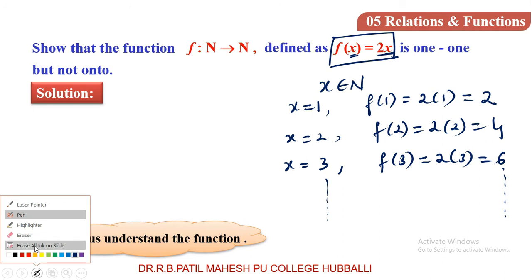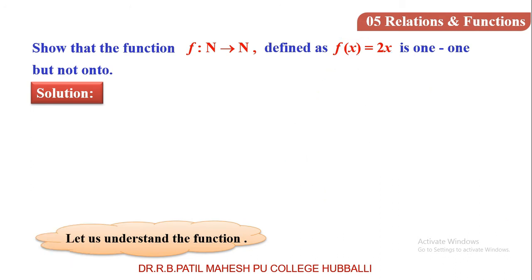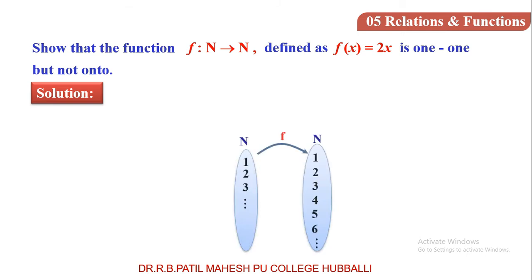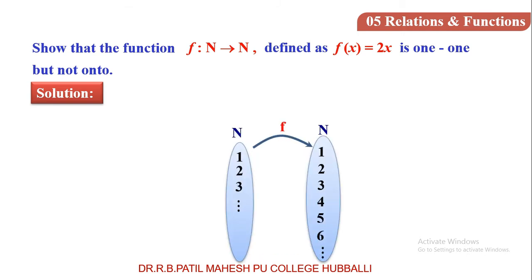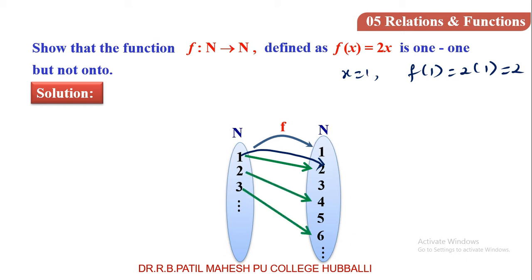Now taking this function, let us prove this is one-one but not onto. An arrow diagram is the best way to understand. Here 1 is related to 2 because just now I told you, when you take x equal to 1, the image of 1 you will get is 2 into 1, which is 2. That's why 1 is related to 2. And 2 is related to 4. 3 is related to 6. And it will continue. 4 is related to 8. 5 is related to 10. And so on. So taking this arrow diagram,